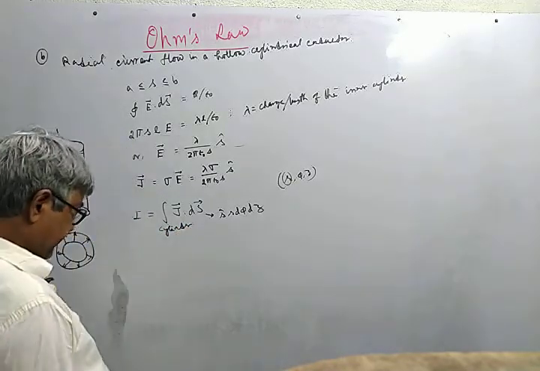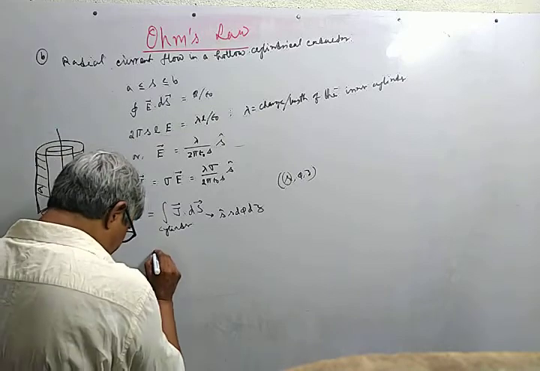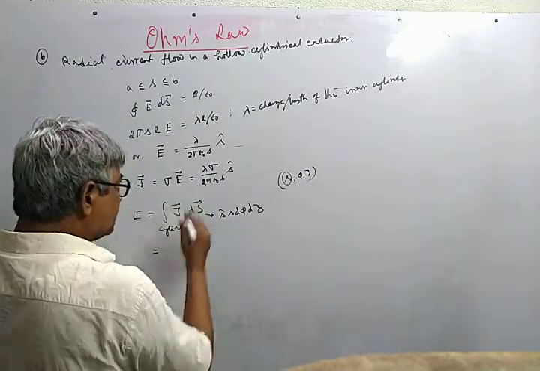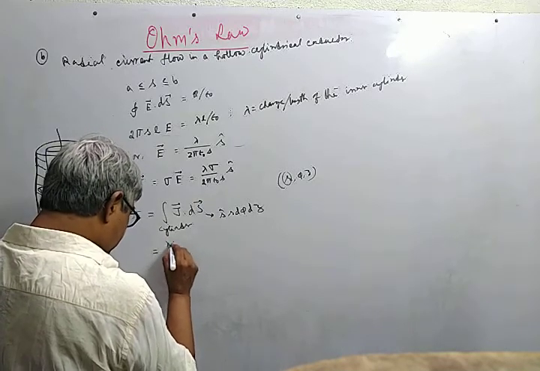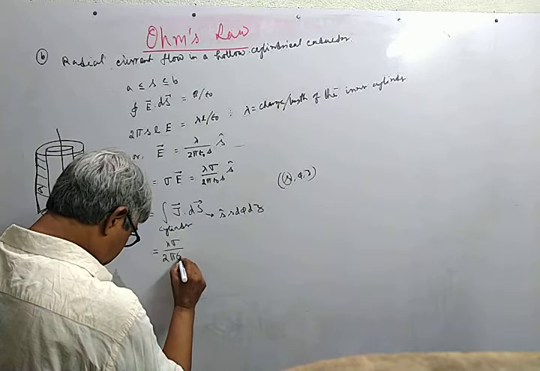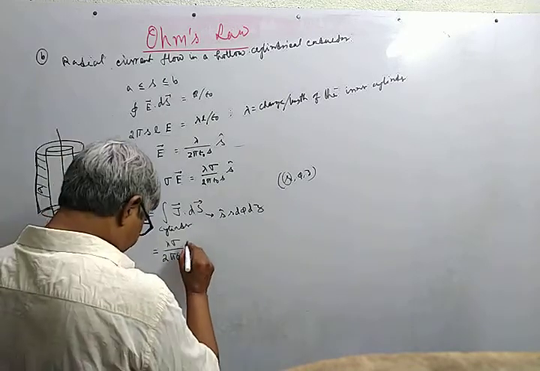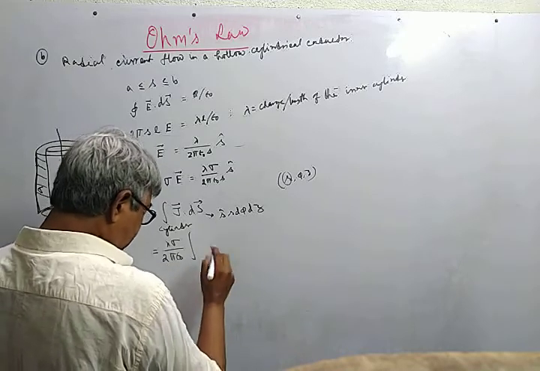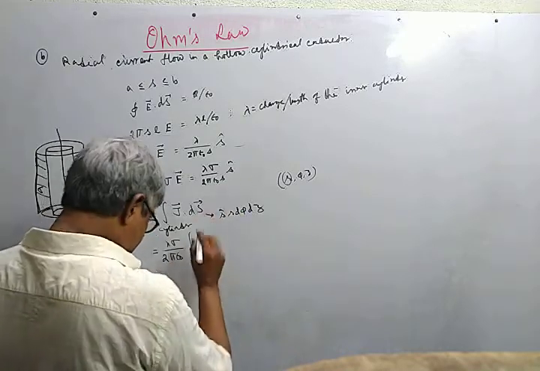So this is our cylinder. So we write for J from this expression, the constant parts are taken out, epsilon 0. Then within the integral sign,